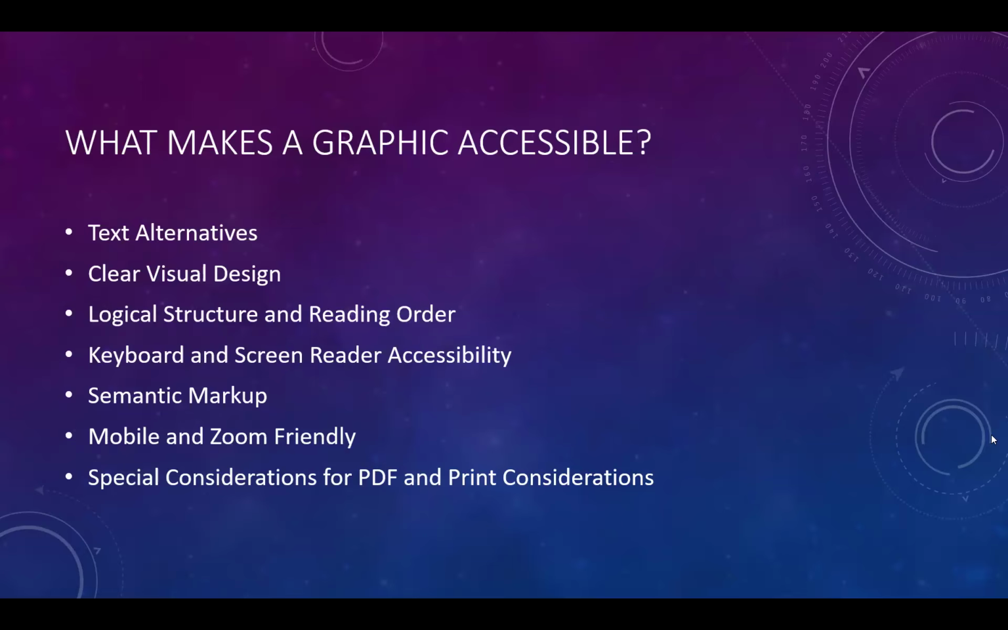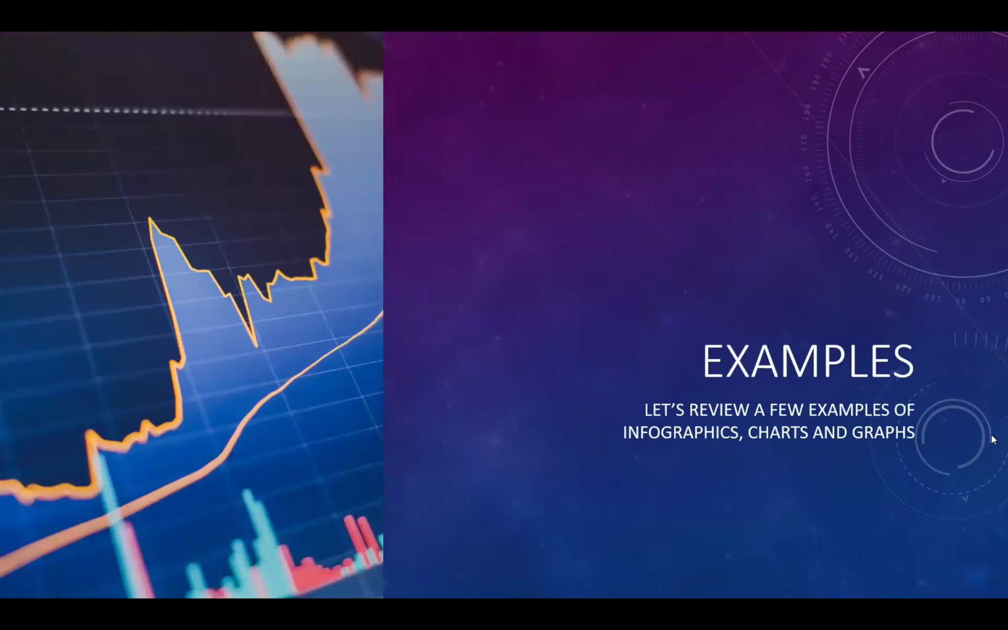Avoid fixed width text or non-scaling images that break when zoomed. Okay, so there's that low vision user that you want to take into account. Ensure visual information remains available when zoomed to 200%. And lastly, special considerations for PDF and print consideration is